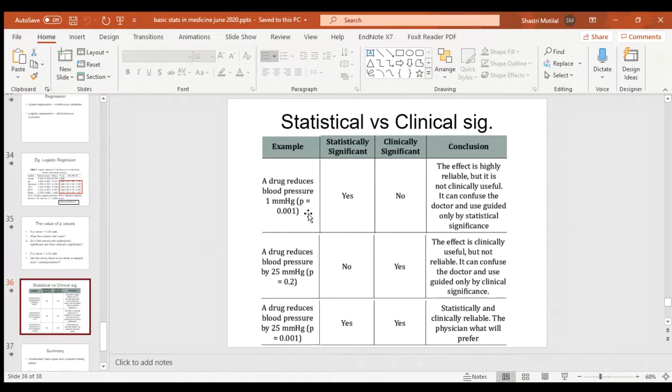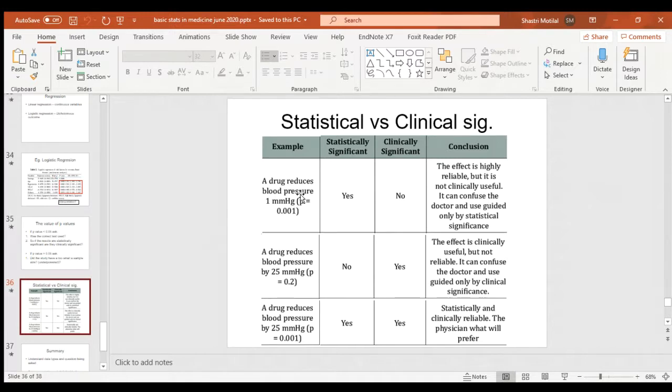Because if a drug lowers your blood pressure by 1 millimeter of mercury, that's probably not going to save people from heart attacks and strokes and stop them from dying, the reason we treat hypertension. So here you see in the conclusion, it's statistically significant, but I probably would not prescribe this treatment to my patient because it's not going to really make the blood pressure drop by an amount that I